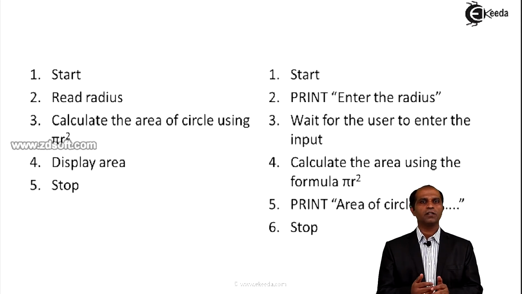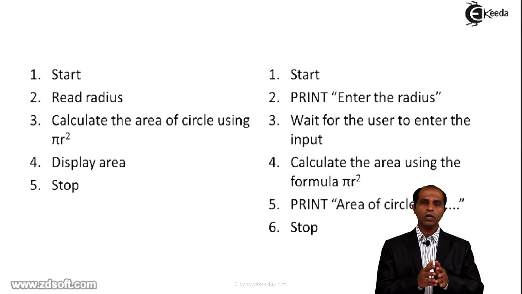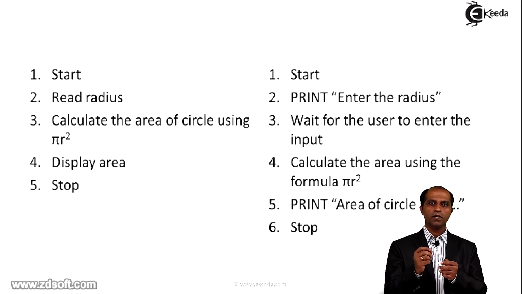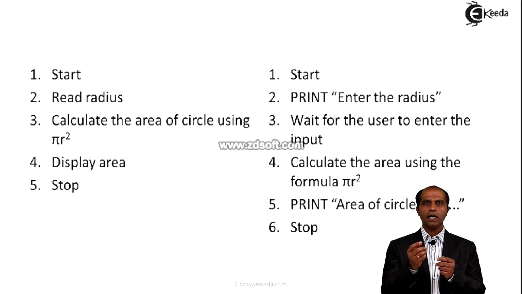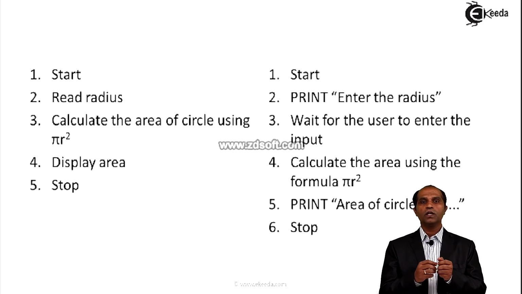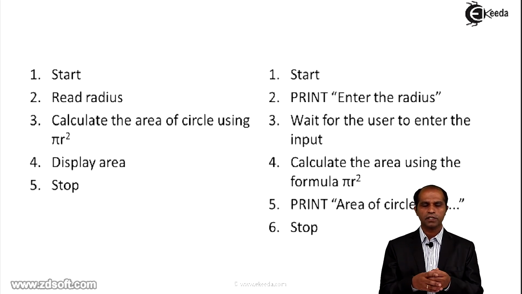Now you can expand this particular algorithm even for some more additional steps. For example, when the user enters the input, you can say verify the input. What if the user enters a character instead of a float value? What if the user enters an alphabet for radius? So you can add one more step between 3 and 4, saying that after reading the input, you can verify whether the inputs have been properly entered or not. If properly entered, then you can proceed to the next step, or else you can wind up this particular task.